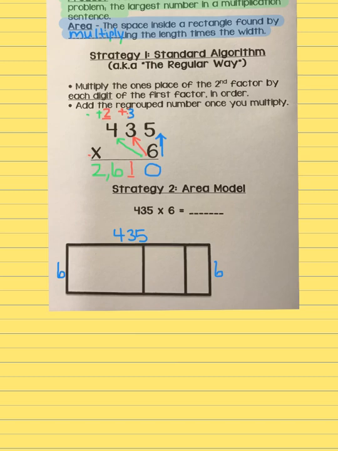Well, we can break 435 into 3 numbers that are much easier than the whole number of 435. So we could break it into the 4, which is worth 400. So that's going to be our biggest section. So that's 400. The 3, which is in the tens place, so that's worth 30. And the 5, which is in the ones place, so that's